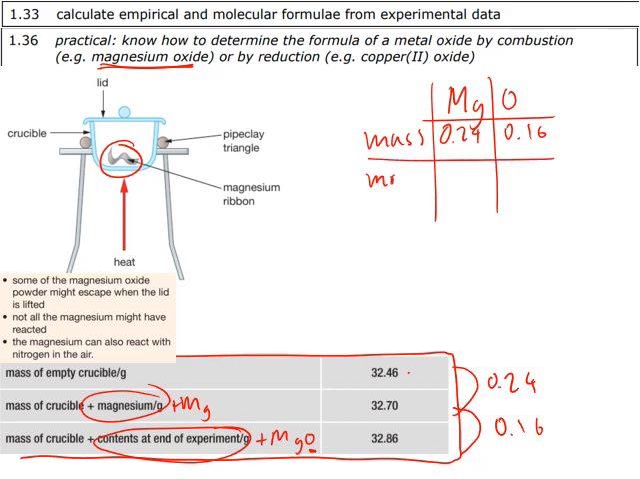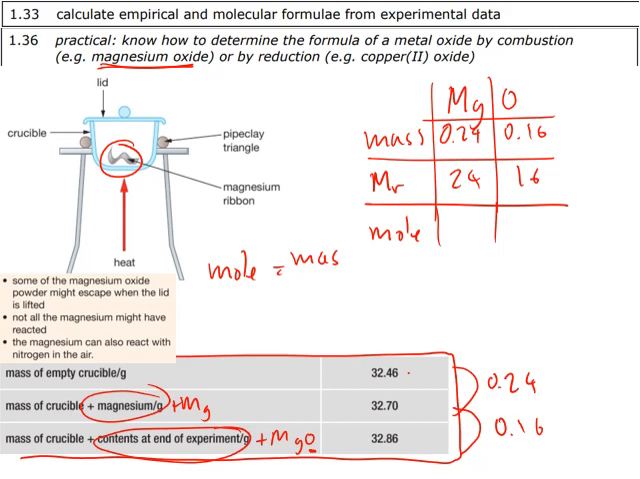We then need to find out the Mr of each of these elements, and you can find that out in the periodic table. It's 24 and 16. We're looking at the top number in the periodic table. You then need to work out the moles, and to work out the moles you need to know the equation that we learned in the last video, that is moles equals mass over Mr. And to work out the moles, we just need to take the mass and divide by the Mr, which is simple. Now, doing this, you'll get 0.01,